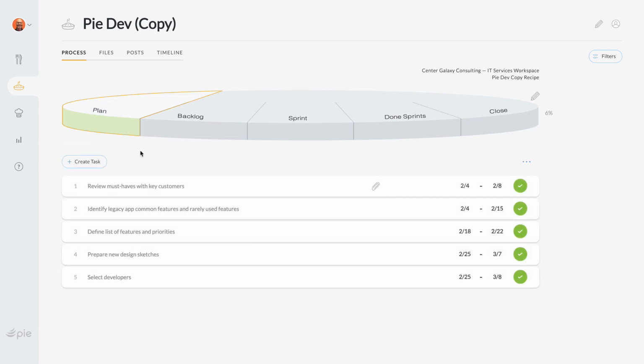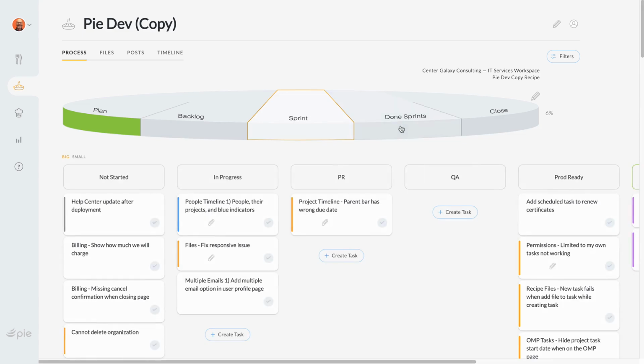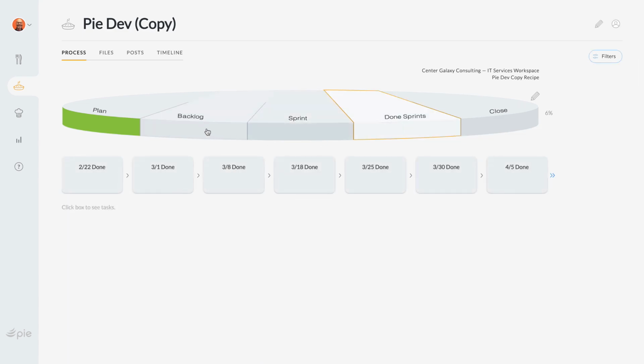the plan slice. Think of the plan or inception phase as a place to contain your best practices, your blueprint, framework, methodology on good ways to kick off a project. These should be known. It's not a lot of mystery here. Good setup for a waterfall approach. When you go into the backlog, sprint, and done sprint slices, then we're getting into more of the agile part